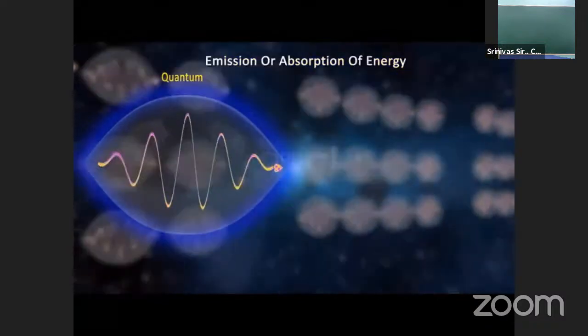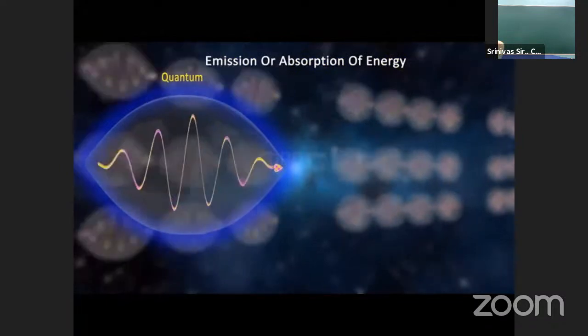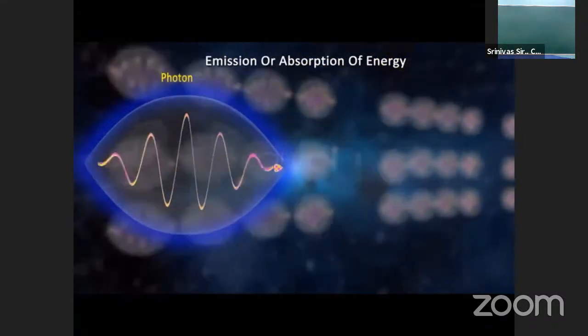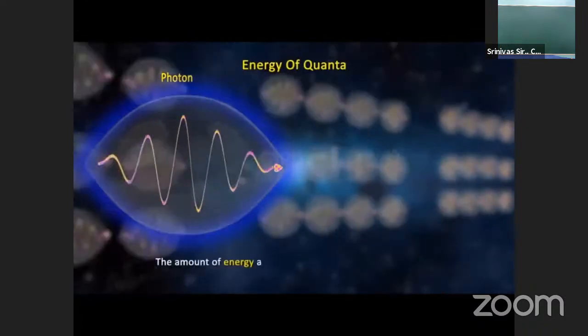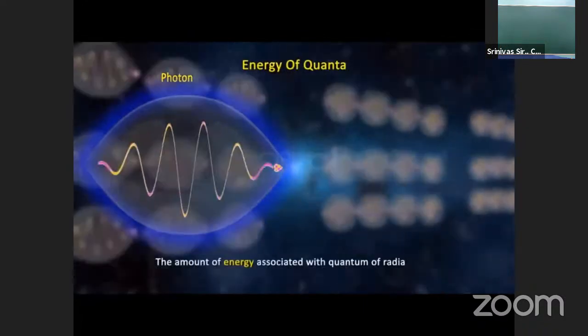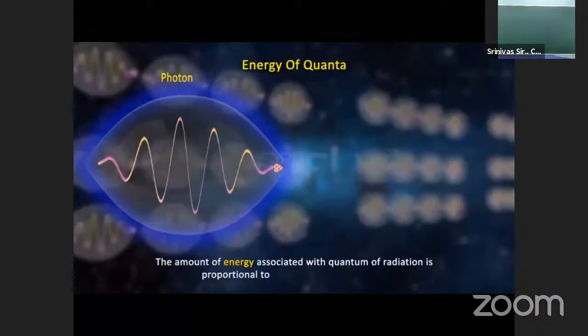In case of light, the quantum of energy is called photon. The amount of energy associated with the quantum of radiation is proportional to the frequency nu of the light,